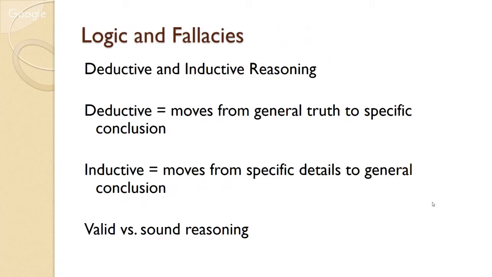Now, if your conclusion makes sense and follows from the evidence, then you could say that that is valid reasoning. If the evidence is true, then you could say that it's sound reasoning. So valid reasoning is when you reach a conclusion based on the available evidence in a way that makes sense. And if you're valid and the evidence you have is true and verifiable, then it's sound. So it's possible to have reasoning that is valid without being sound, because validity is just reaching a conclusion based on the available evidence. Soundness is making sure that the evidence is verifiable and true. So again, it's possible to have information or reasoning that's valid but unsound. It is not possible to have reasoning that is unsound and